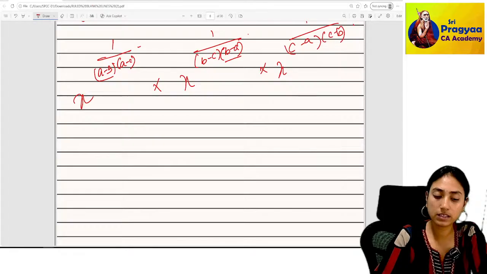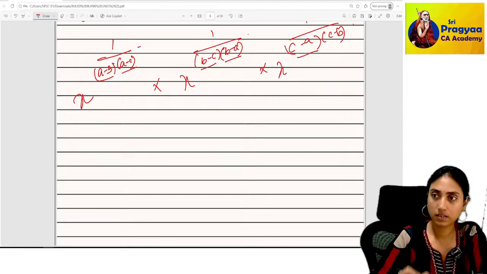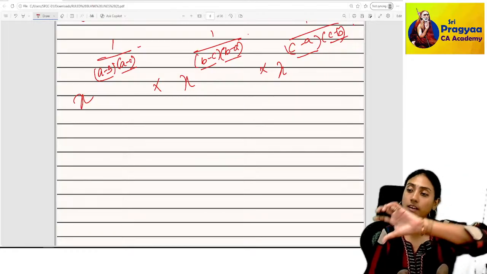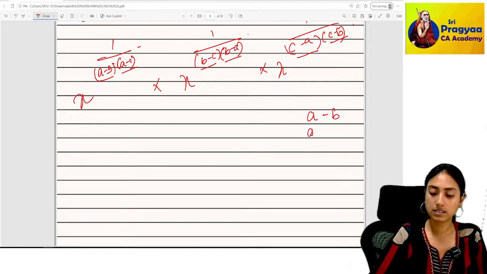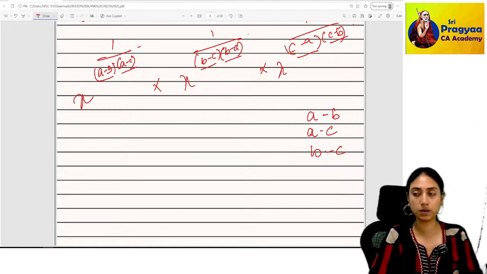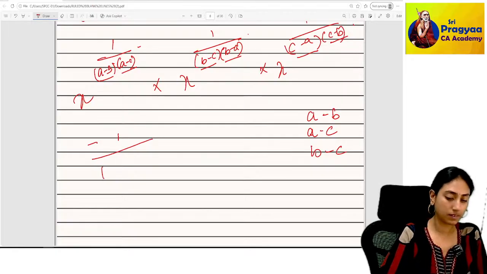Here we have a minus c, here we have c minus a. Here we have b minus c, here we have c minus b. I want everything to have the same form. I want a minus b everywhere, a minus c everywhere and b minus c everywhere. How can I achieve that? So we multiply by minus, which means my power will be c minus a